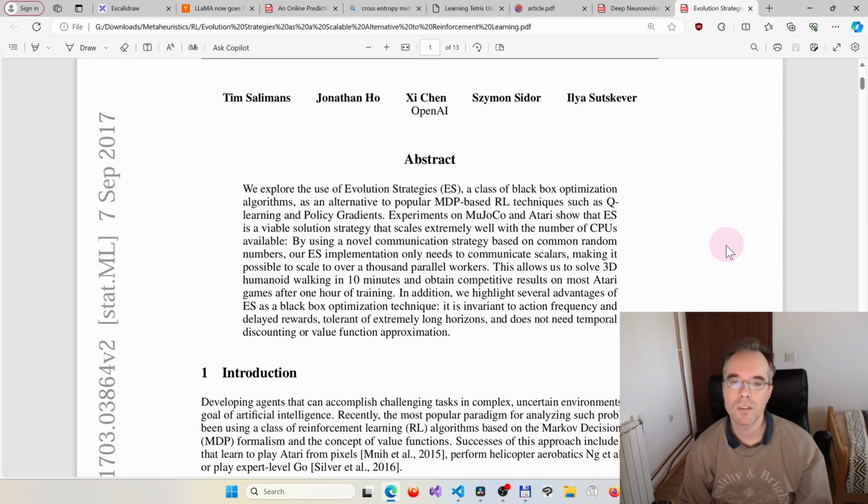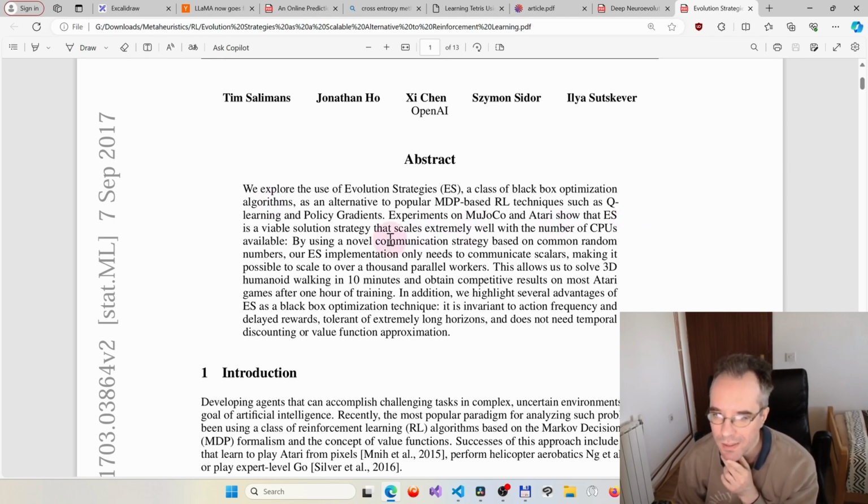What they're doing is using an evolutionary strategy algorithm to estimate the gradient, and the algorithm itself is actually very simple. And I won't really go into it too much, but if you read the abstract,